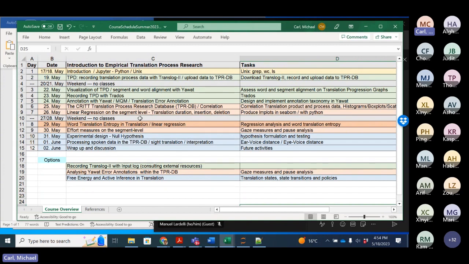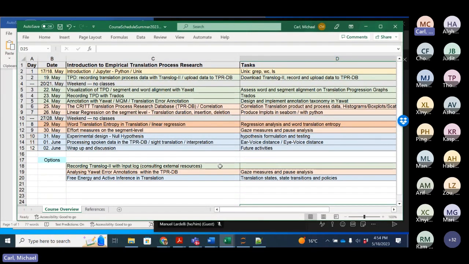We can look into this, and then also kinds of visualization, how we can visualize this in Python. And then on the 29th of May, we will look into something called word translation entropy.